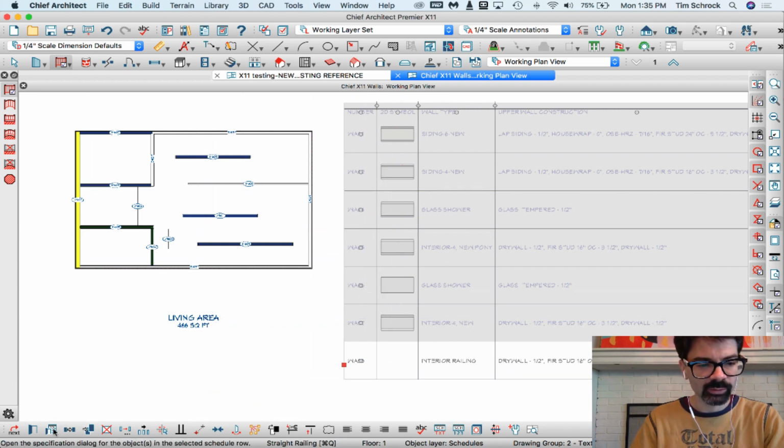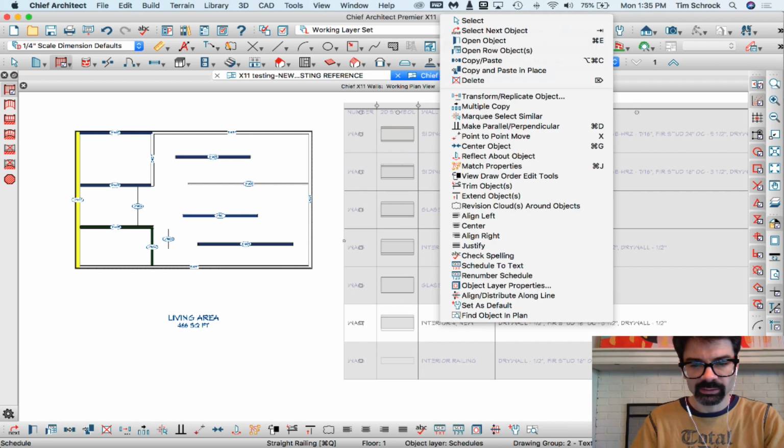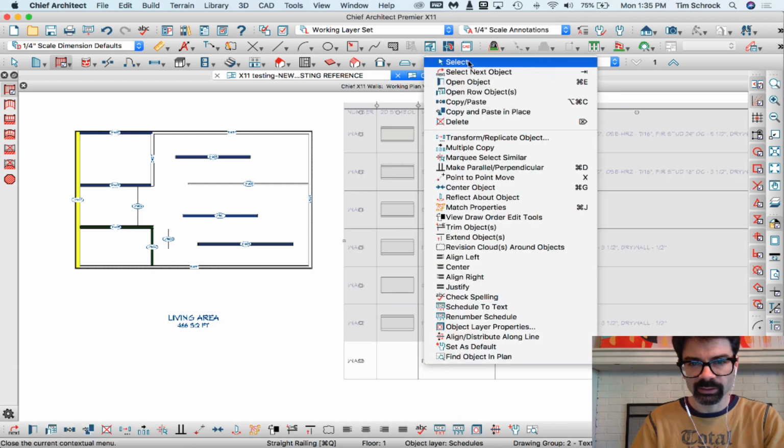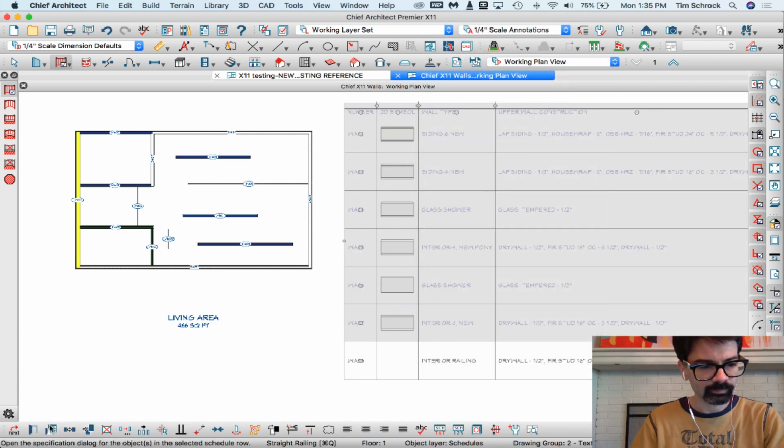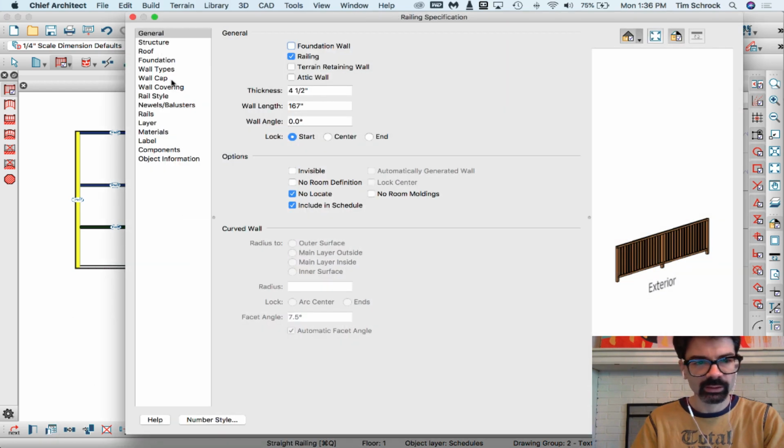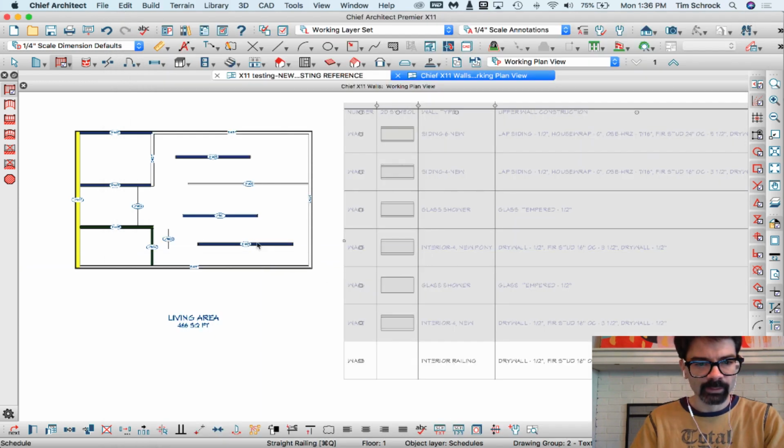We can also select this interior railing piece here, and I can use this child tool down here, open the row objects. I can open that. And there's the railing specification, so I could change that or something like that. Now,